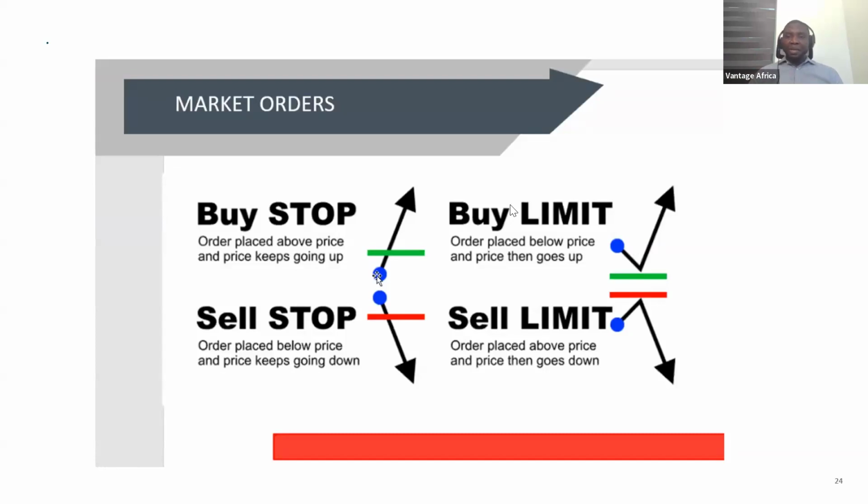So here's the idea. Remember the keywords here, buy and sell. When you're using a buy limit, you're trying to place a pending order for a buy. But this is different from the buy stop order. You're trying to do a limit order. Why? Because there's a little bit of a difference here. Now look at where